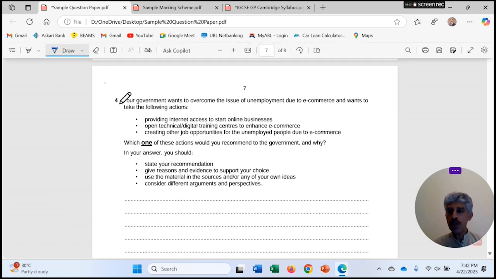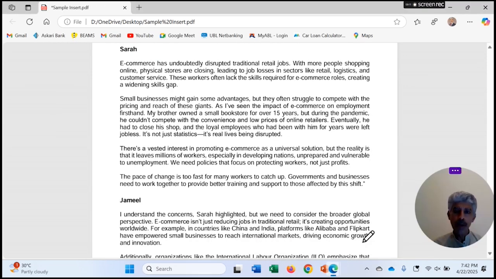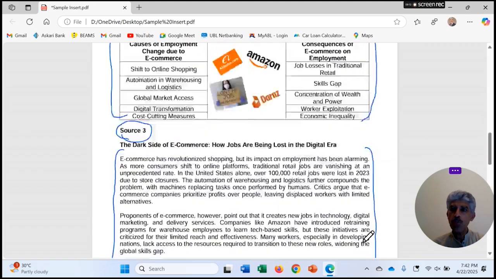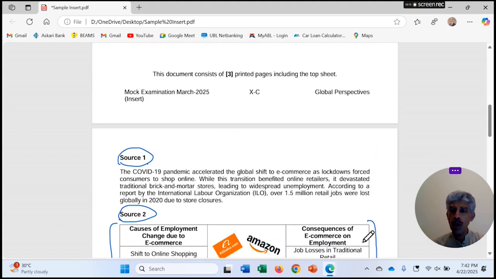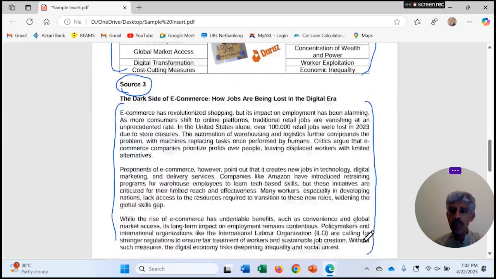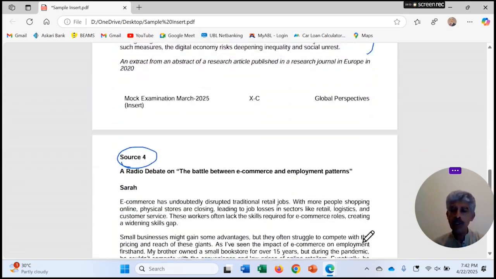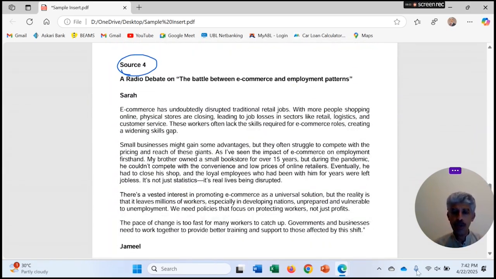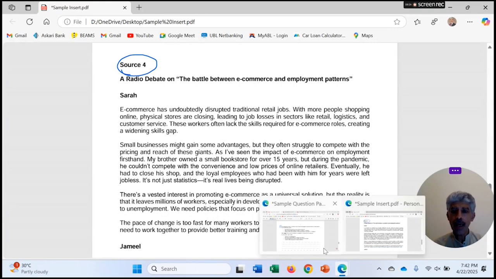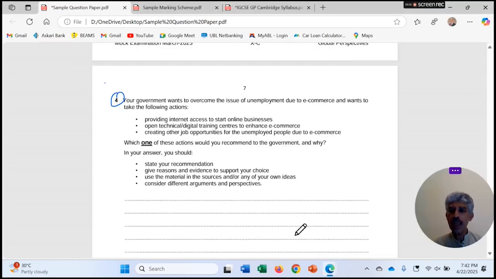In this particular question we will use all 4 sources, source 1, 2, 3 and 4. We will refer to all these 4 sources to attempt this question, and the pattern of the question is